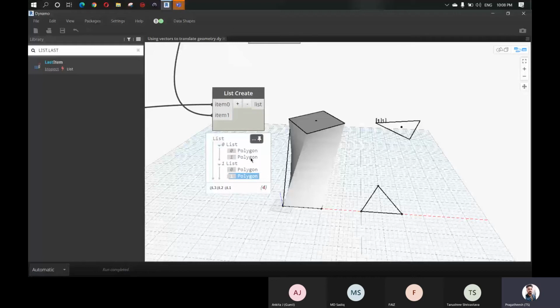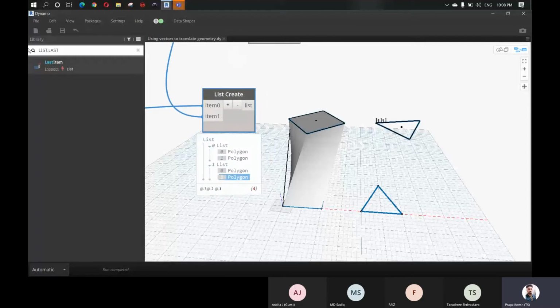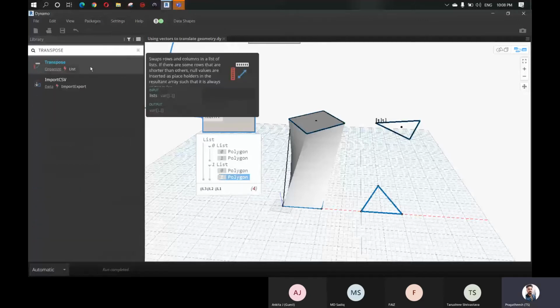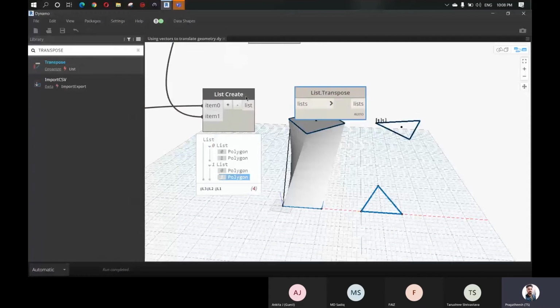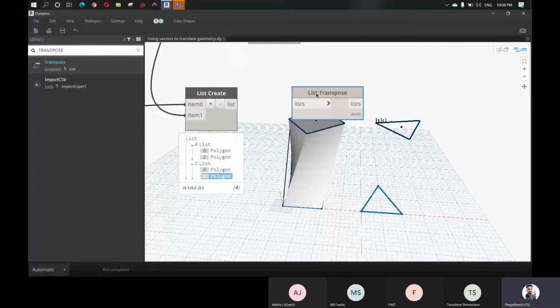So we cannot perform the loft function with the help of this node, right? So we are going to rearrange this. For that, we are going to use a node that we saw already, called transpose. I hope you remember this transpose node. Does anyone remember why we use this transpose?